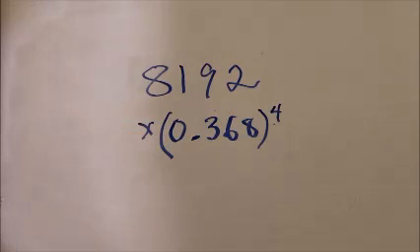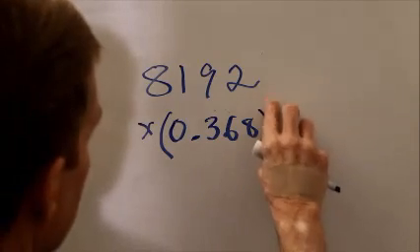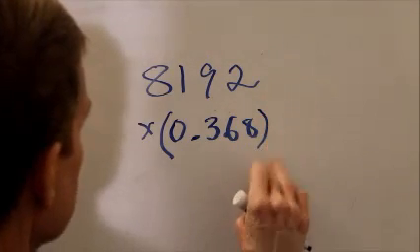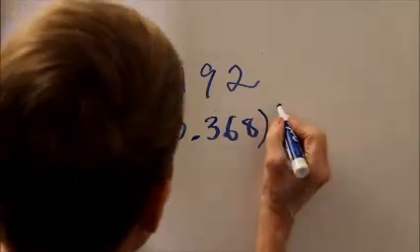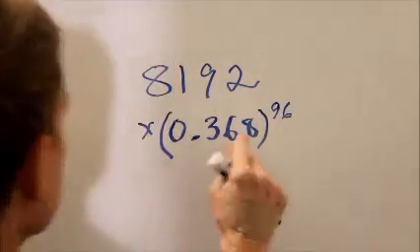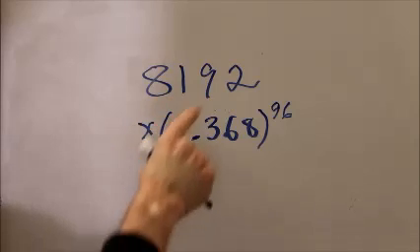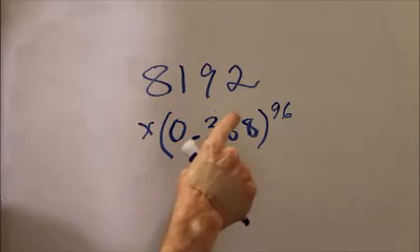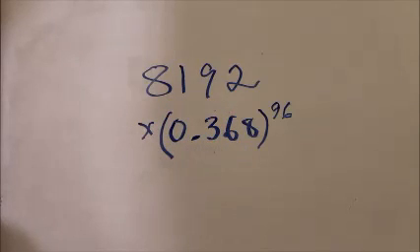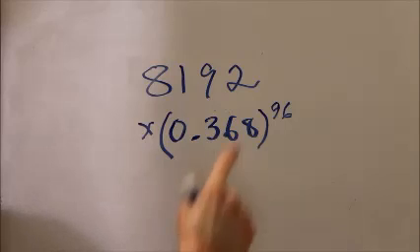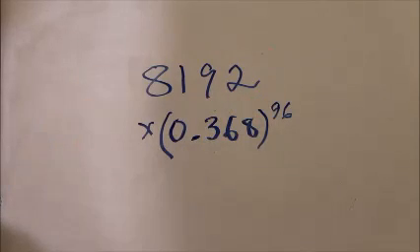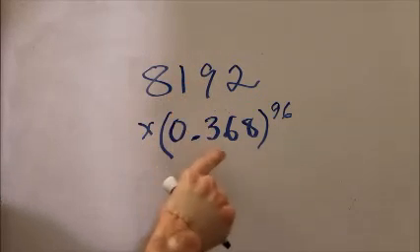After 24 hours, we would end up with 24 times 4. We would have 96 15-minute intervals taking place in 24 hours, so we would cut this to 0.368 of its original value 96 times. Well, you can work this out,